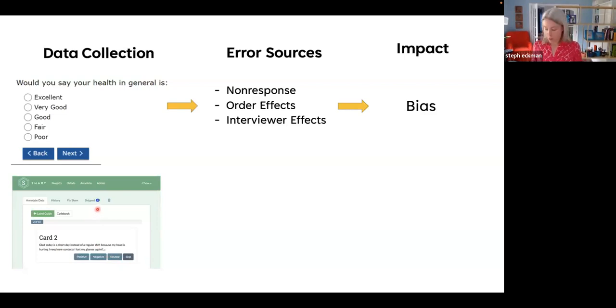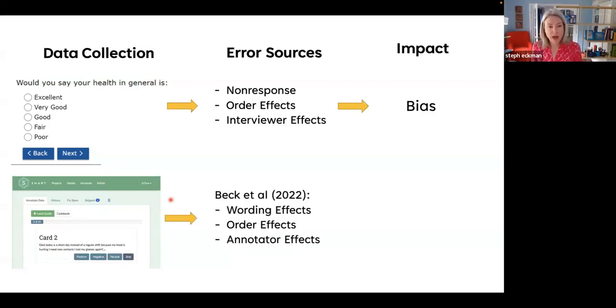And so what we did last year in our APAR presentation and in our paper was we looked at whether some of the common effects from survey methodology that we know affect opinion questions or these kinds of questions in web surveys also affect the labels that we collect with these kinds of annotation instruments. So we looked at wording effects, we looked at order effects, and we looked at annotator effects. And we found evidence for all three of those in a study that we did last year. And that was the end of that study. We just sort of showed, hey, it looks like some of the effects that we see in survey methods replicate in the annotation field. And what we want to do now is this next step, right?